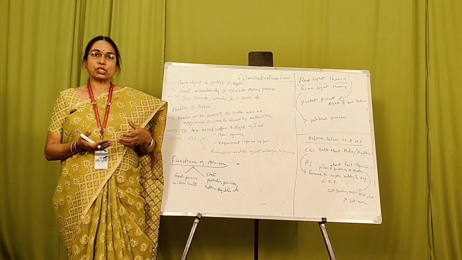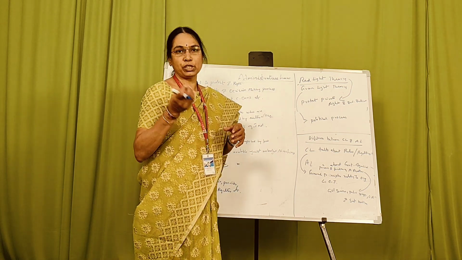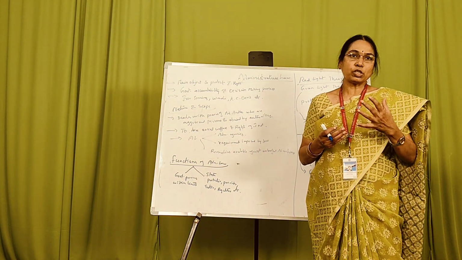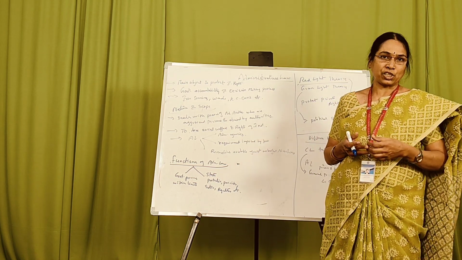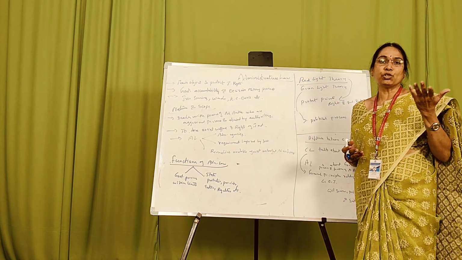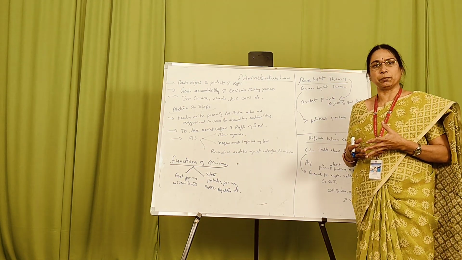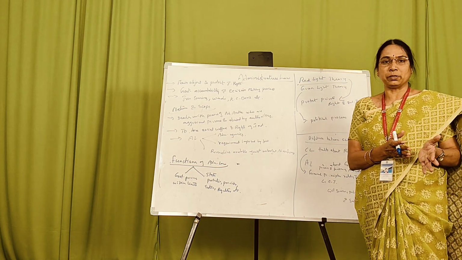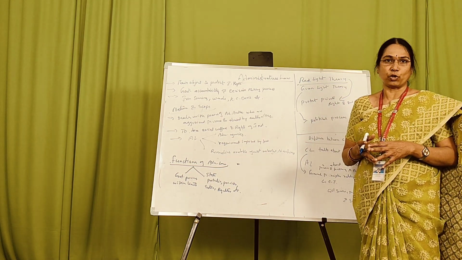But if you come to the directive principles of the state policy, here they are not enforceable by law, which means that all the directive principles cannot be punished. If any person does not stand up when the national anthem comes or give a salute to the national flag, it is not the duty of the government to punish the people. This is the difference between the fundamental rights, which are enforceable by law, and the directive principles of state policy, which are not enforceable.